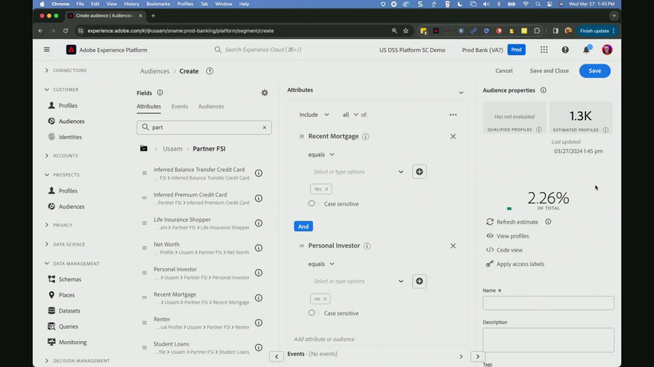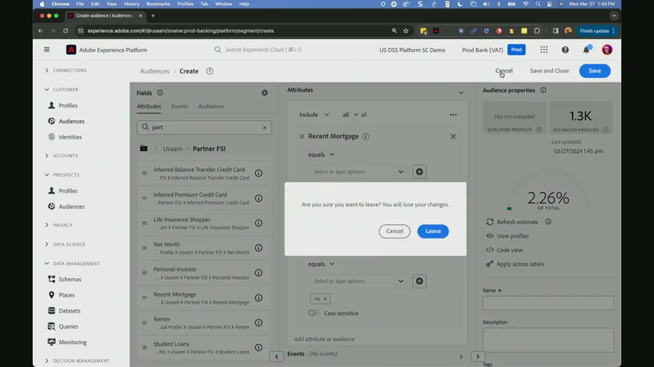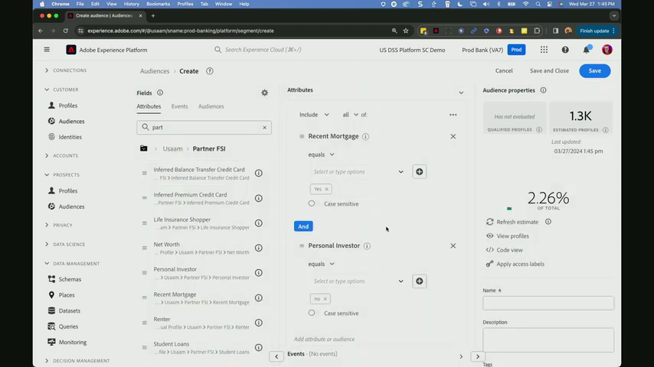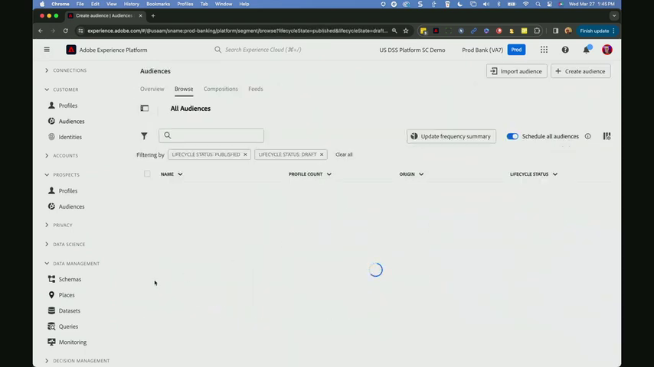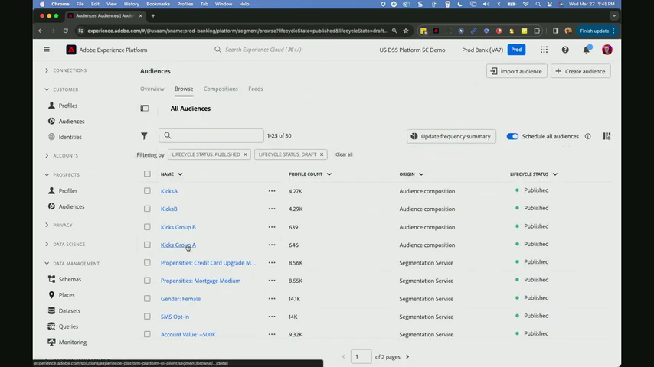1,300 profiles. That's not bad. And again, I'm not going to save this particular one, but once you've created that audience, you can go in and activate it out to any of the other destinations